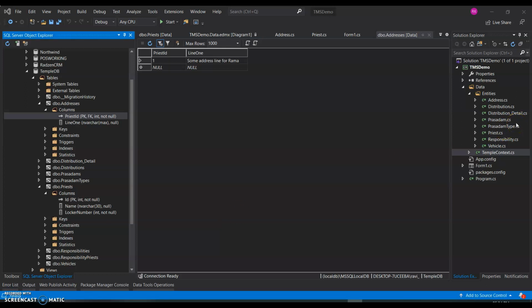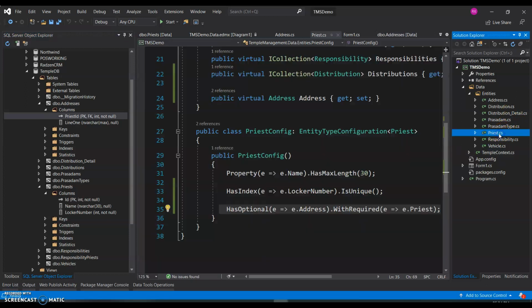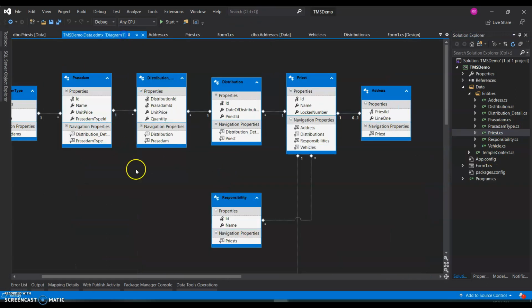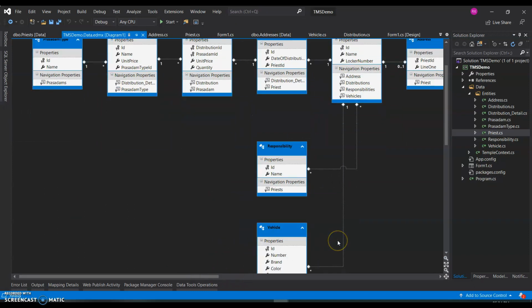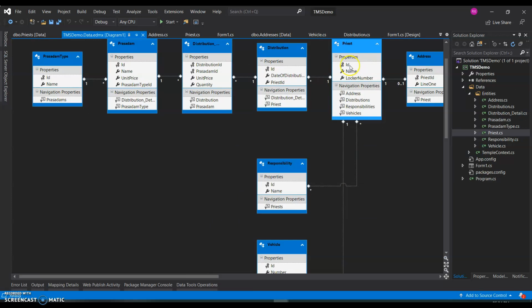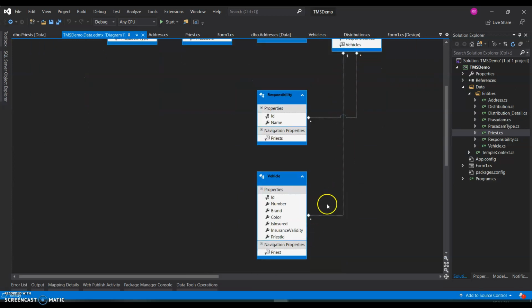So if you followed the discussion, we also did this priest, right? Let me go back to the diagram. So we introduced this vehicle especially for this demo, where I have made one priest can have several vehicles, at least in the database, but the authority says one priest can have at most one vehicle.